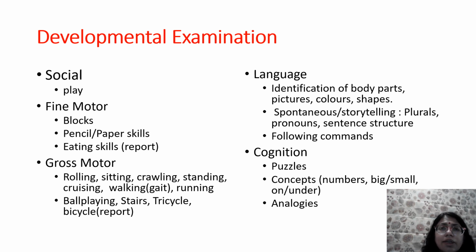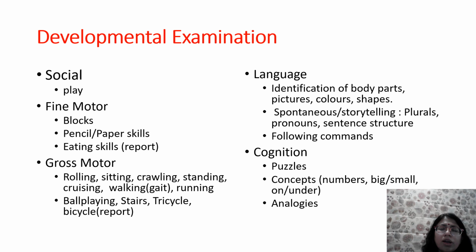Also, the eating skills may either be taken as reported from the mother, or you can even offer a cup or a katori spoon and see how the child is eating, whether he is spilling from the spoon or eating without spilling. The gross motor domain, less than 6 months of age, one does the 180-degree flip maneuver, but more